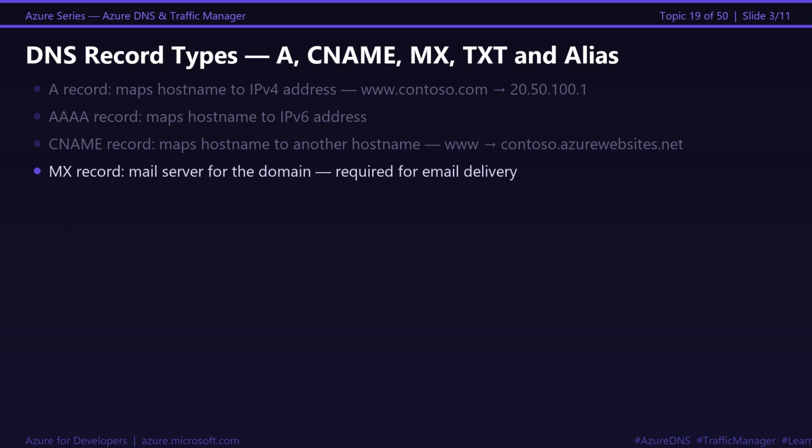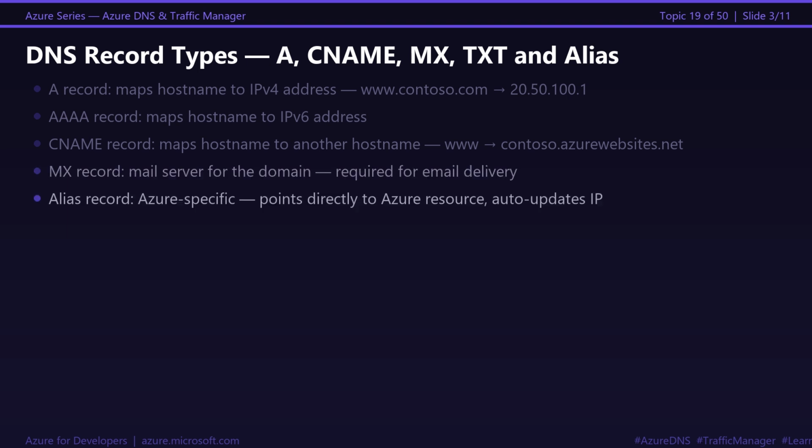Public DNS zones handle internet-facing name resolution. Private DNS zones handle name resolution inside your Azure VNets. Here is the problem they solve. Your app server needs to call your database. You do not want to hardcode an IP. IPs change when you redeploy. You want to call it by name,